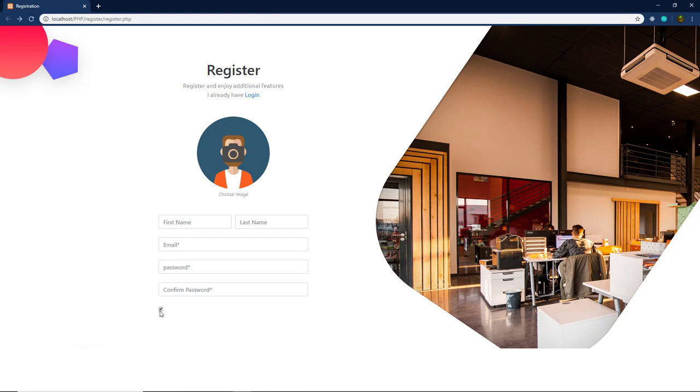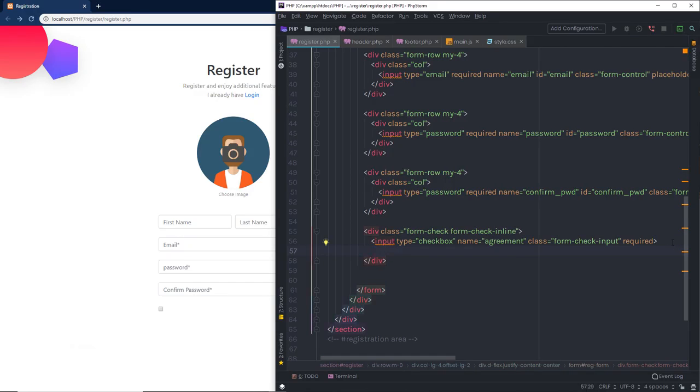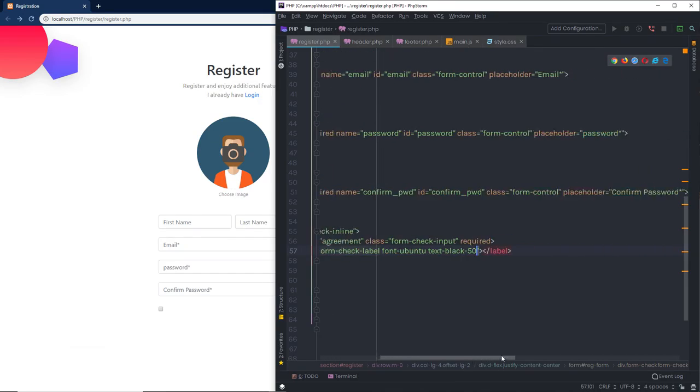You can notice I have this checkbox here. Just out of this input, I'm going to add here label. This is for agreement, so I'm going to say here agreement, and I'm going to specify class to it. So the class is going to be form check label. Then I'm going to add font Ubuntu, which is my custom class. Then I'm going to specify text black 50 to change the color of this text,